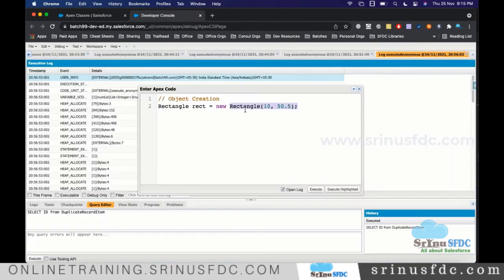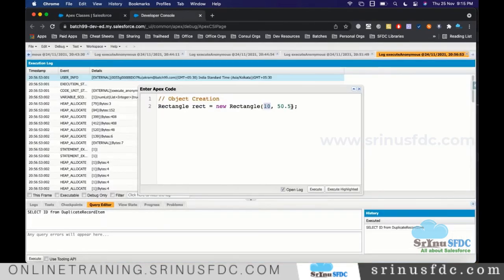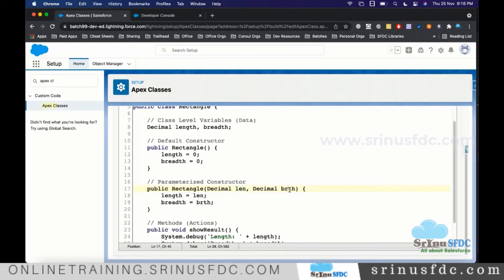From here we are calling the constructor. While calling, whatever values we supply, we call them arguments. We are supplying 10 as an argument for the length parameter, and 50.5 as the argument for the breadth parameter.